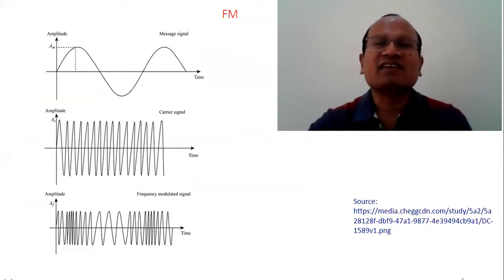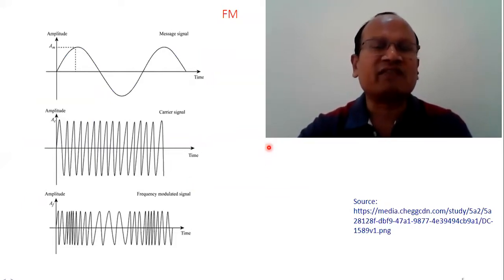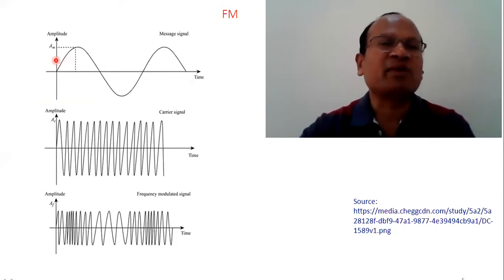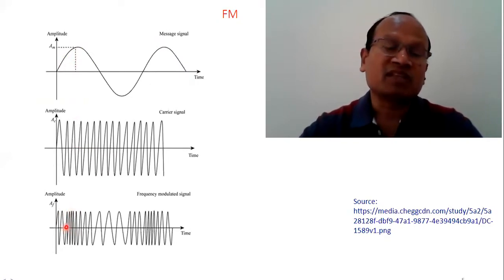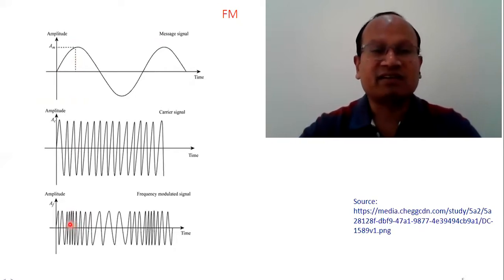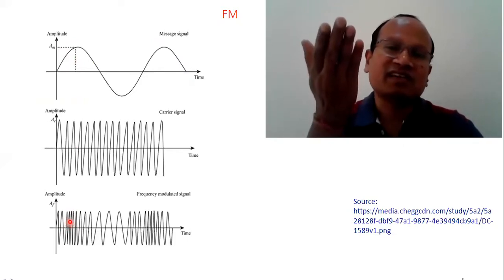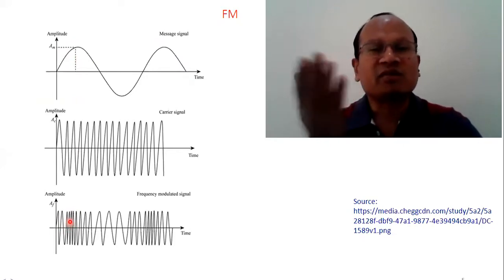So this is one more waveform for frequency modulation. Look at here, the maximum modulating signal amplitude is Am. Wherever it is becoming maximum, look at here, the frequency has become maximum. The separation has become very less here, least here, minimum here. The time duration has become minimum, so the frequency has increased. The frequency has become maximum.